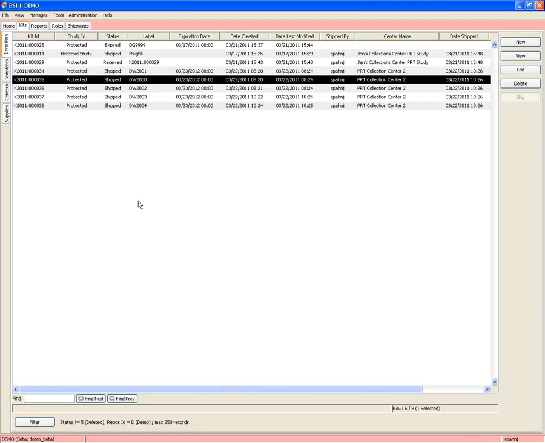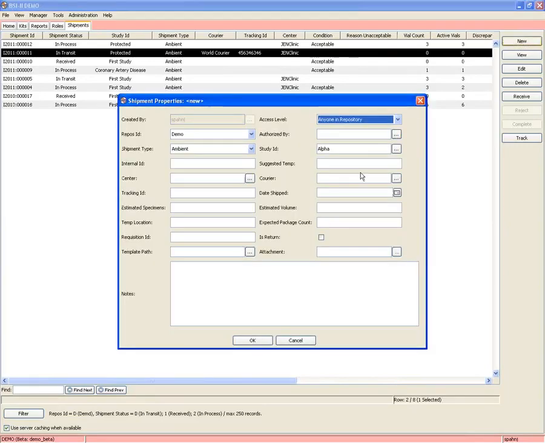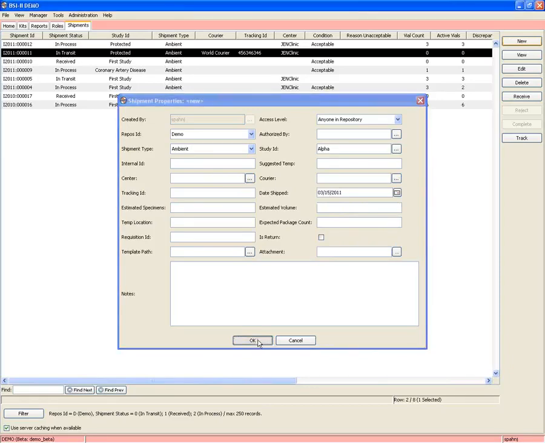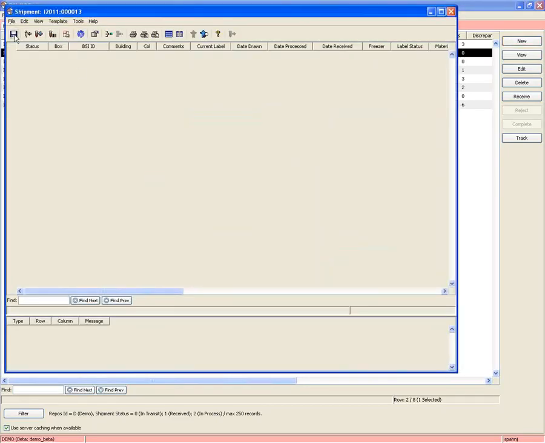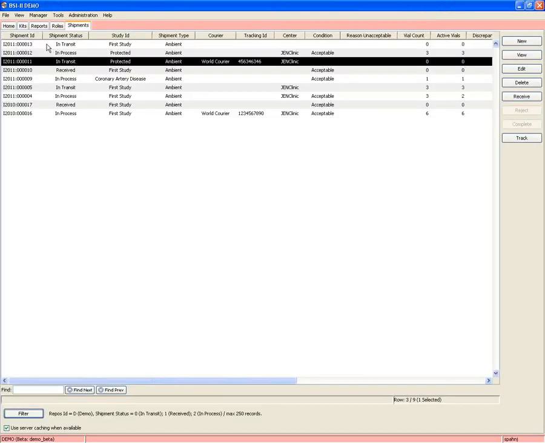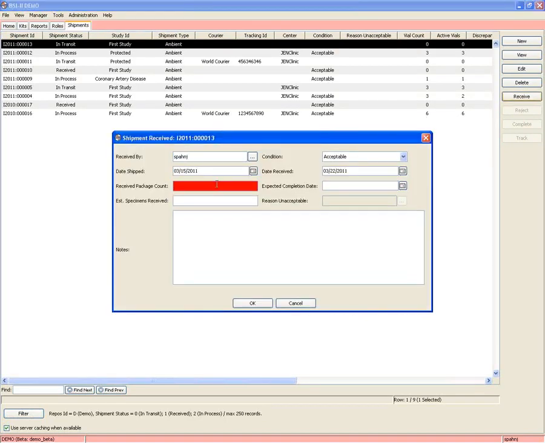So that's creating kits. Now if you were to receive a kit, you would do that at incoming shipments just like you would receive a normal kit shipment. So I would go to New and create my shipment. So I'm going to enter some just default data that I know I'm going to have. Obviously you would enter more data here and say OK and save my shipment. So now my shipment is in transit. And then when I'm ready to receive, I can press Receive, enter my receipt properties as usual,